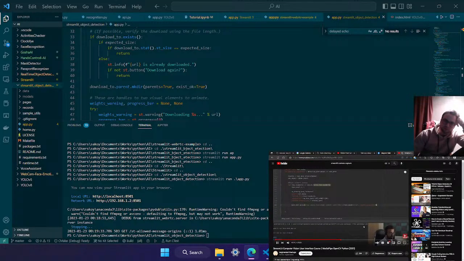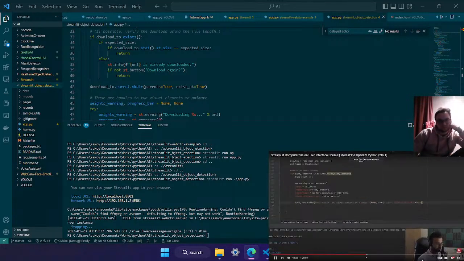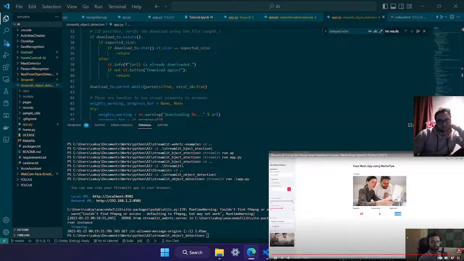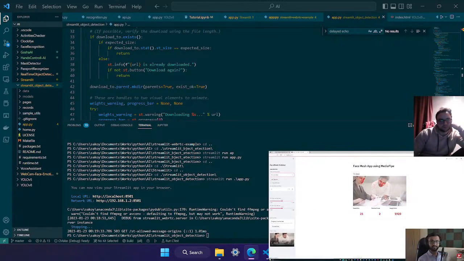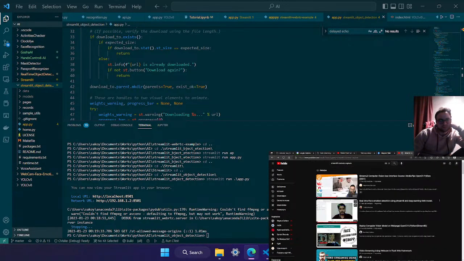Allow equals set that equal to true. For local use, you don't need to, because it stopped here, the video stopped. I have to rerun it. And what is also cool is instead of using